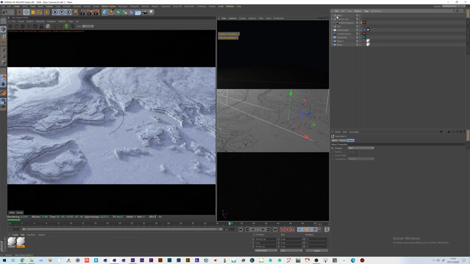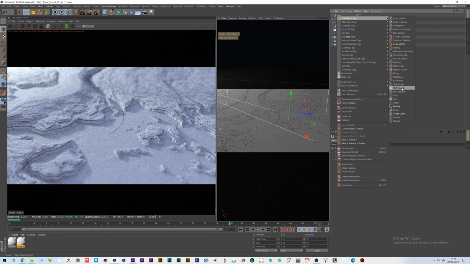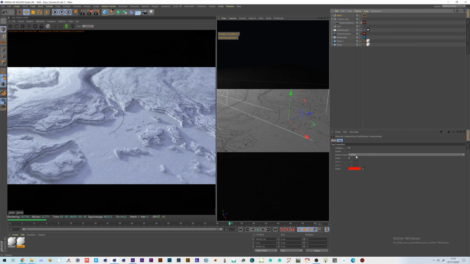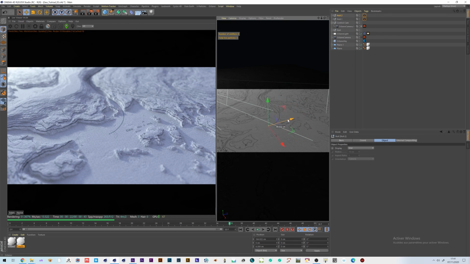Okay, so we can make one, and we'll have to add a Cinema 4D tag for this one. It's an external compositing tag, and you don't have anything to do, just put the tag on it, and you can Control drag and drop. It creates a new one, and this one I will replace, for example, here at the beginning of this canyon, and I will create another one, and maybe place it around here. Okay,